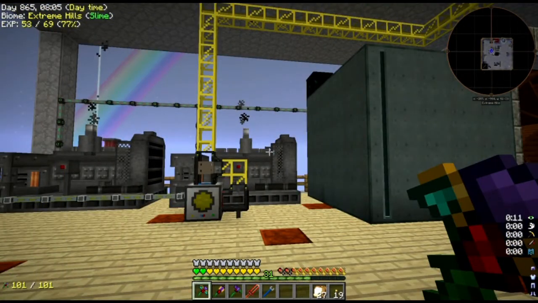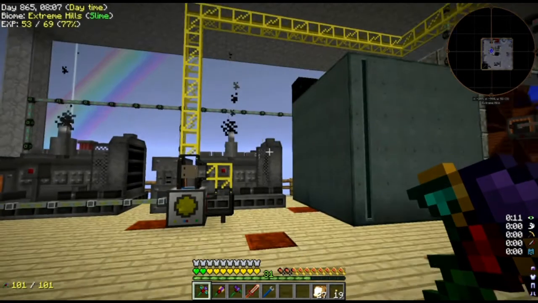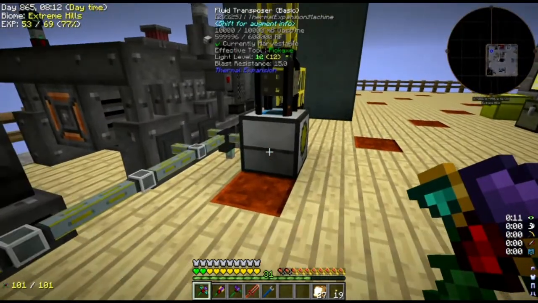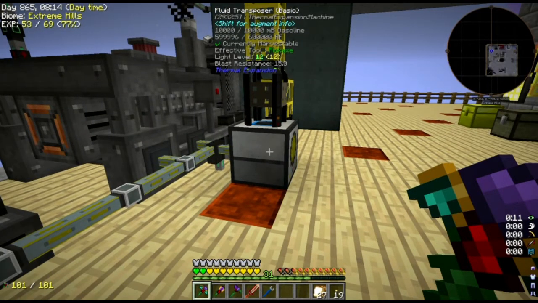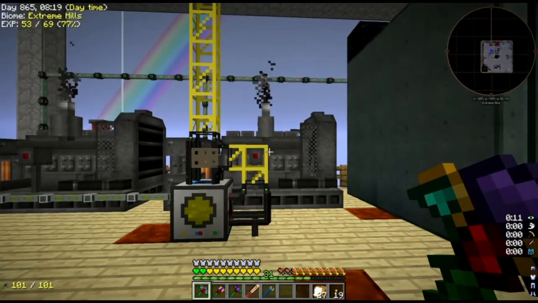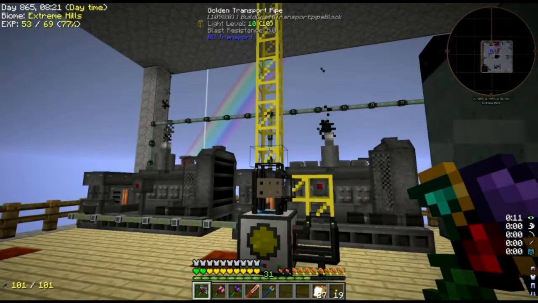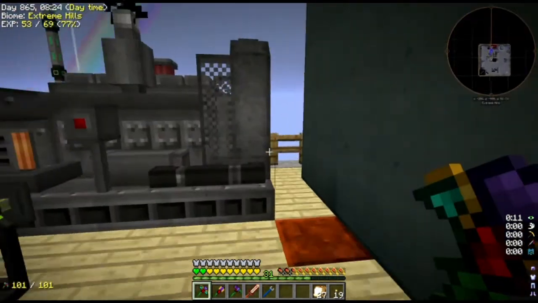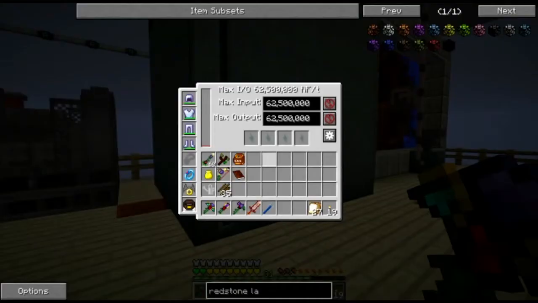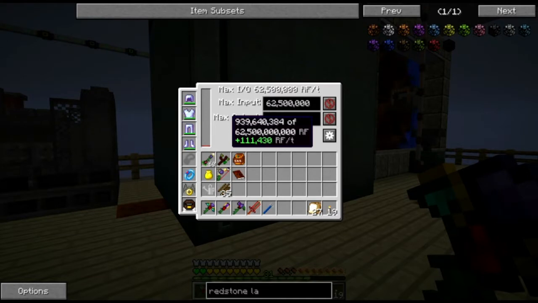Okay, I've cleaned up all of my cables. I moved the tesseracts on top. I had to run a power cable under the floor from the capacitor to this fluid transposer to make sure that it stayed powered, because I needed to get that cable completely out of the way because of the next step in the build here. Now, this is going to take a long time to fill up, so I'm about to build something